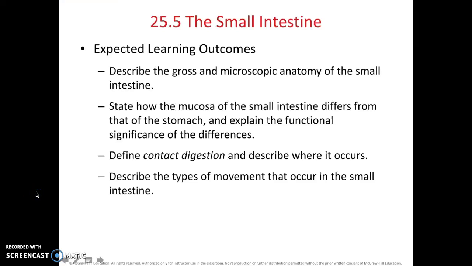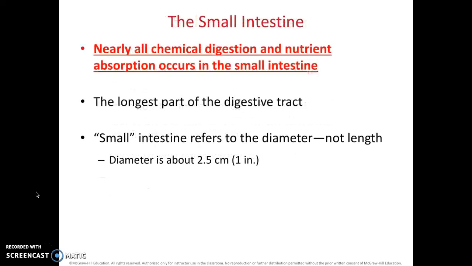Hey guys, this is our first digestive lecture video. We're going to be focusing on the small intestine. In previous lectures, we talked about everything before the small intestine, but here we're going to be talking about the small intestine and after. With the small intestine, this is where mostly all of the chemical digestion and nutrient absorption